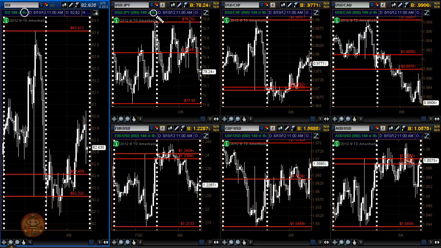So again, dollar, yen, Swiss franc, Canadian dollar across the top here, and you got the Aussie, the pound, and the euro across the bottom. The important thing here is to identify last week's trading levels, and then see how the market transitioned